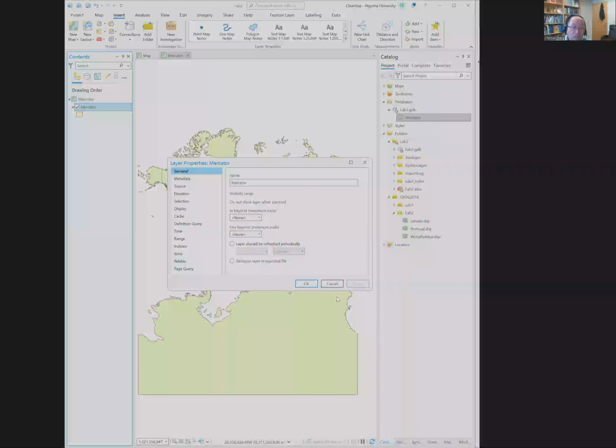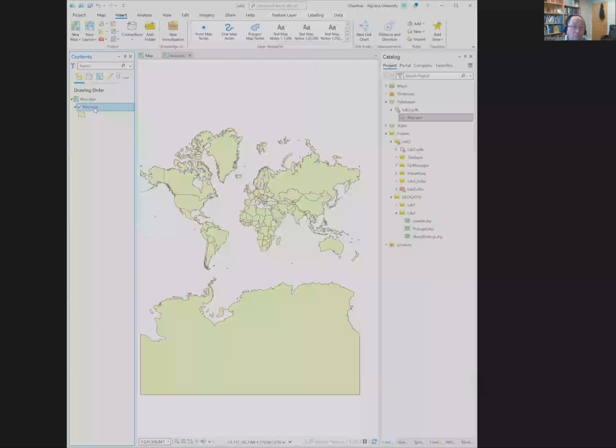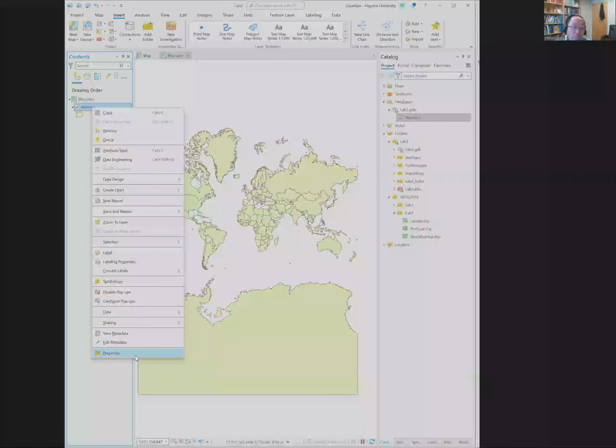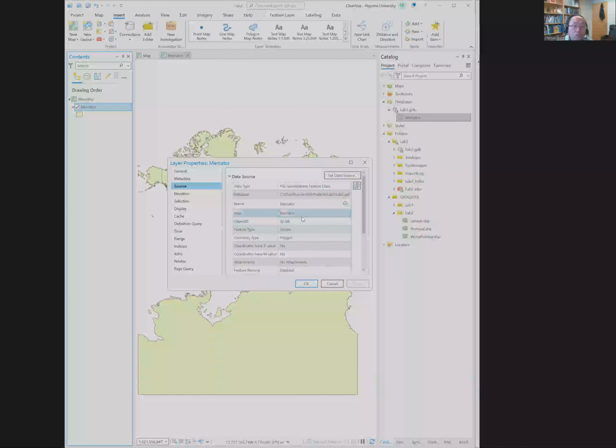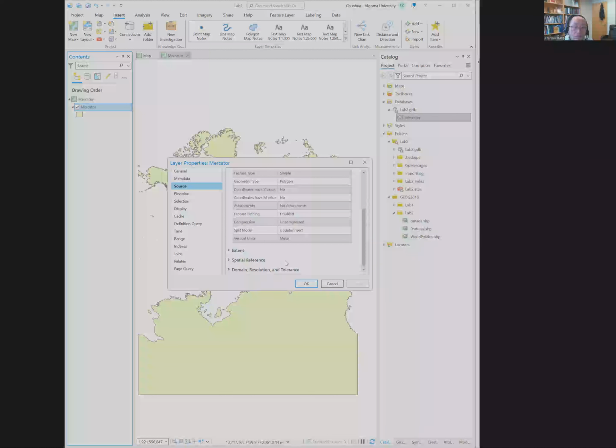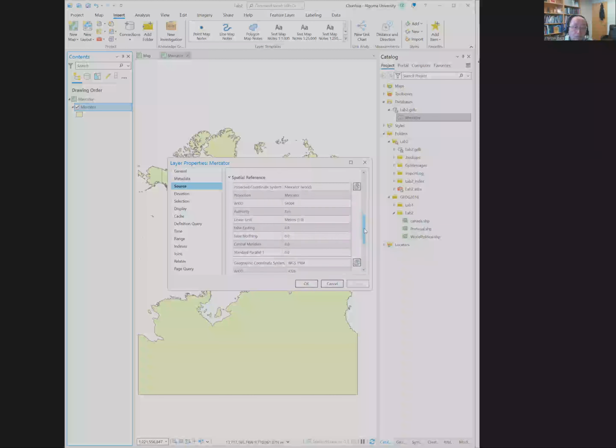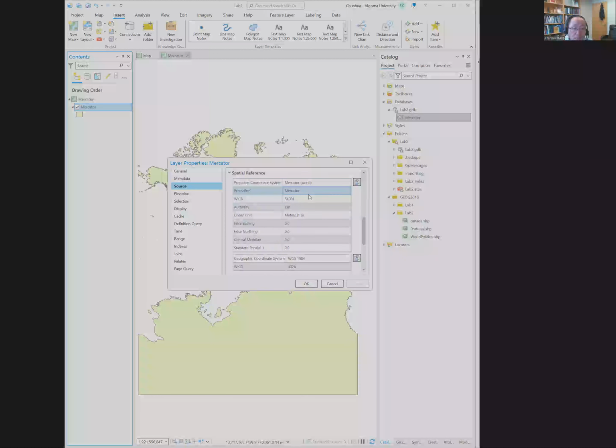Click on Source, and click on Spatial Reference. So Mercator world, Mercator,